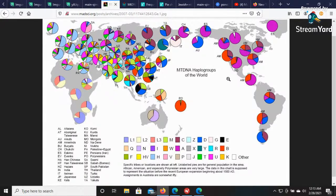but that would have to be determined, because early on, this is a Semitic mitochondrial DNA early on that went into Asia. So this A here, which is this purple color all through the Americas,